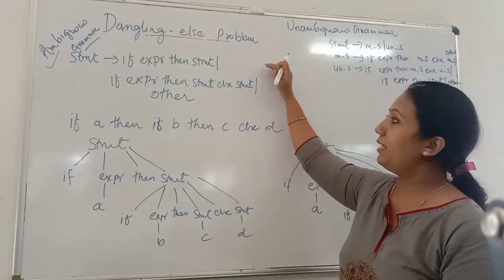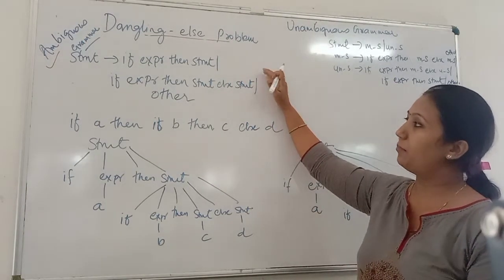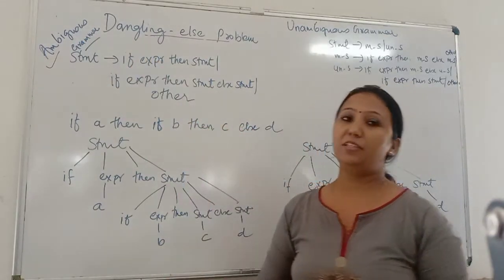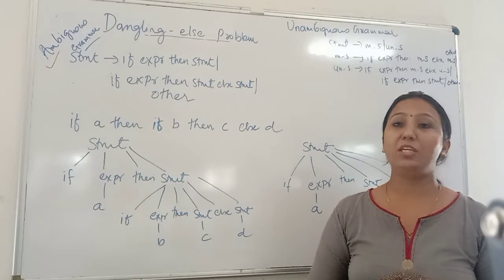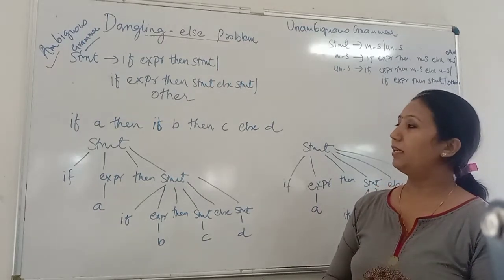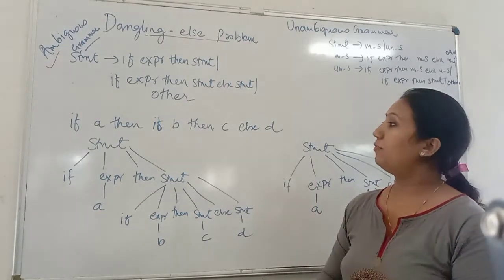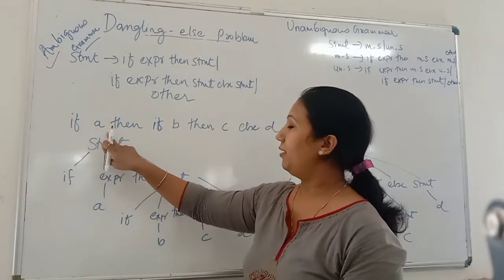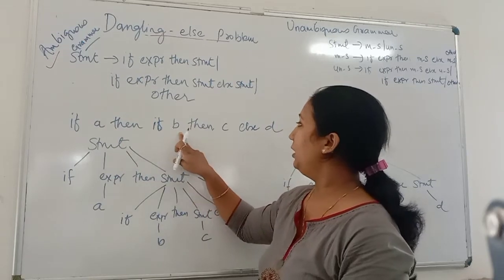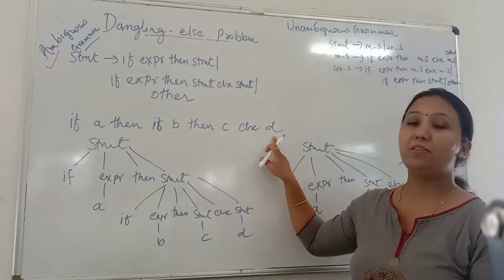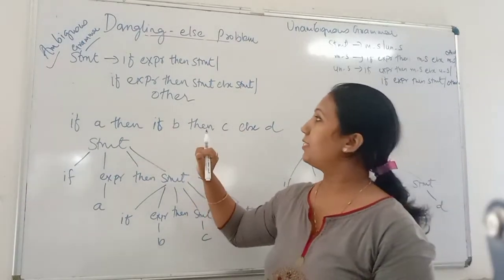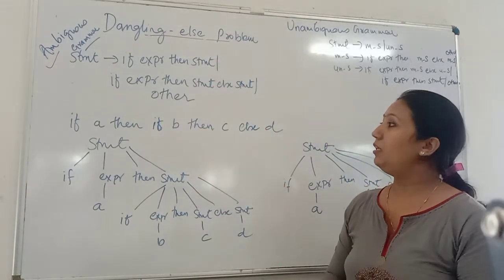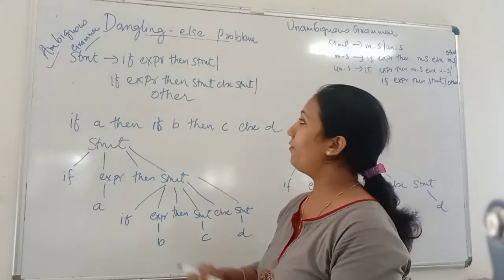By looking at this grammar we see that it discusses the different types of if statements. Now let's see whether this is an ambiguous grammar or not. For that, let's consider one string. The string is if A then if B then C else D. When we want to derive this string from the given grammar, we can analyze that we have two options.